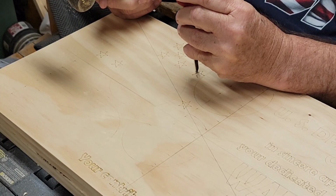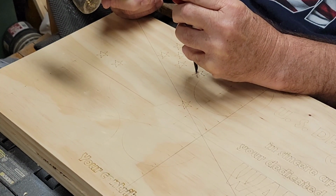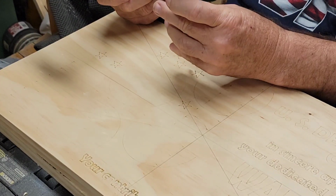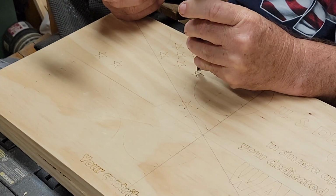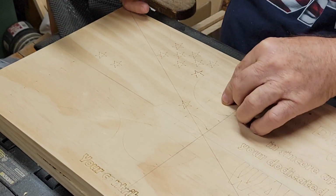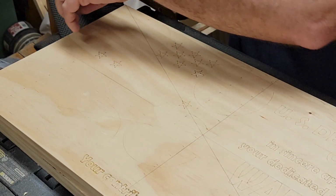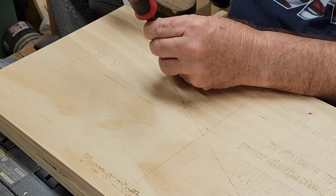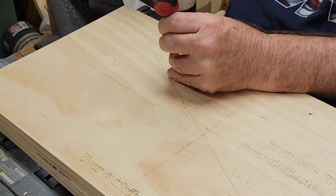If you would picture wood's a fibrous material, and if you would just picture it like a clump of straws in your hand. And that's how the fibers of wood look like. They're just long, stringy grains, and they're hollow, and they run a long ways. So if you took a group of straws and gripped them in your hand like that, and you look down on them, that's what you would be doing, looking down the wood. You'd be looking down the open grain. And so what you want to do is you just want to shear those little fibers,